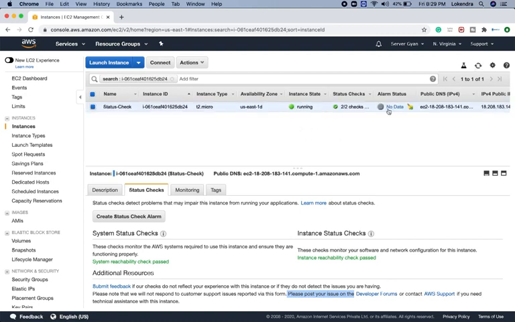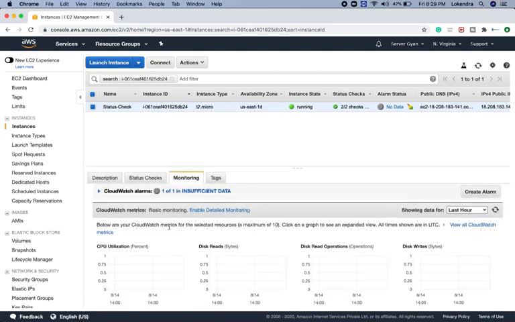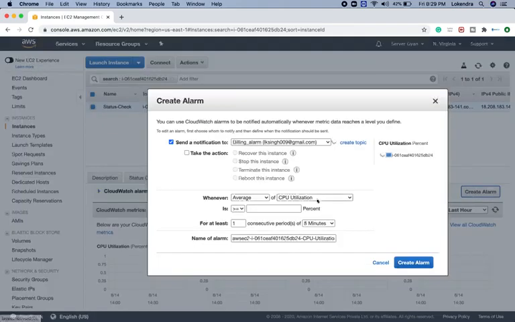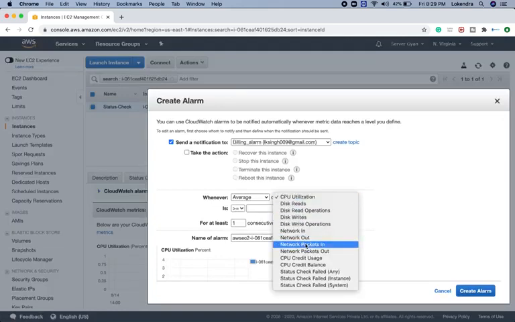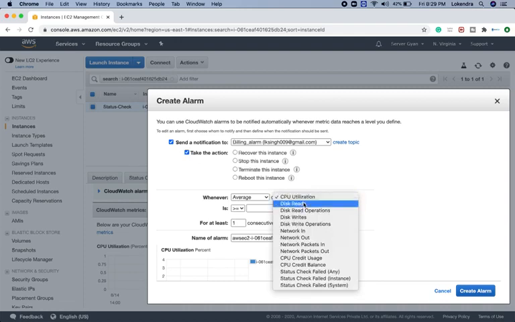Till the time this no data alarm becomes okay, we will have to wait. In the meanwhile, you can have monitoring enabled. You can check the particular monitoring section. So what are the additional alarms you can create? You can check out here. These are the particular options which you can set an alarm for, whatever you want, like CPU utilization and everything. For example, you want to perform any action based on these options as well. Like if there is a lot of disk read, write, networking, CPU credit balance, and whatever component you want, you can set an alarm here as well.